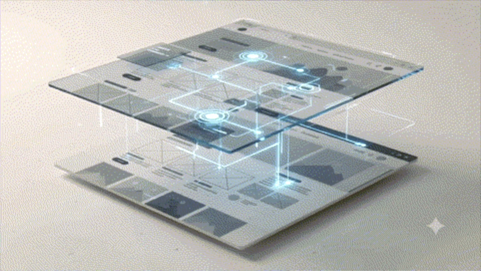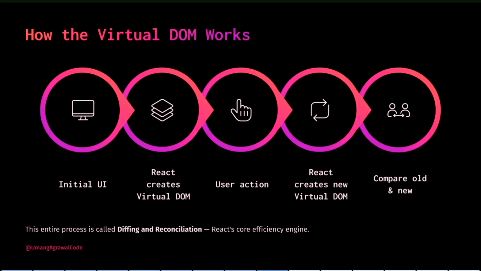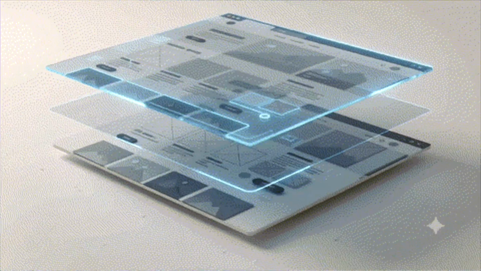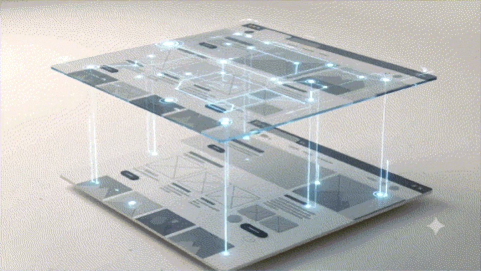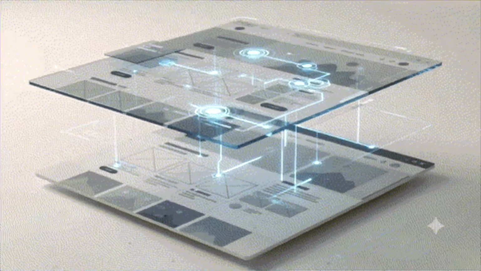Now, what happens whenever you make any changes? You take some action on the website, either click a button, type your name, or save the data or anything. What does React do? It will create a new virtual DOM. Whatever you have changed is saved in the new virtual DOM. Now you have a total of two virtual DOMs, one old and the other new.